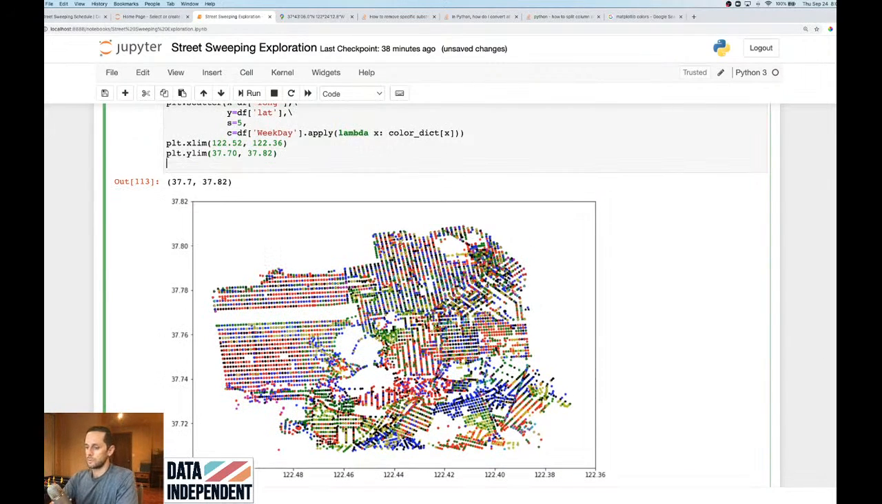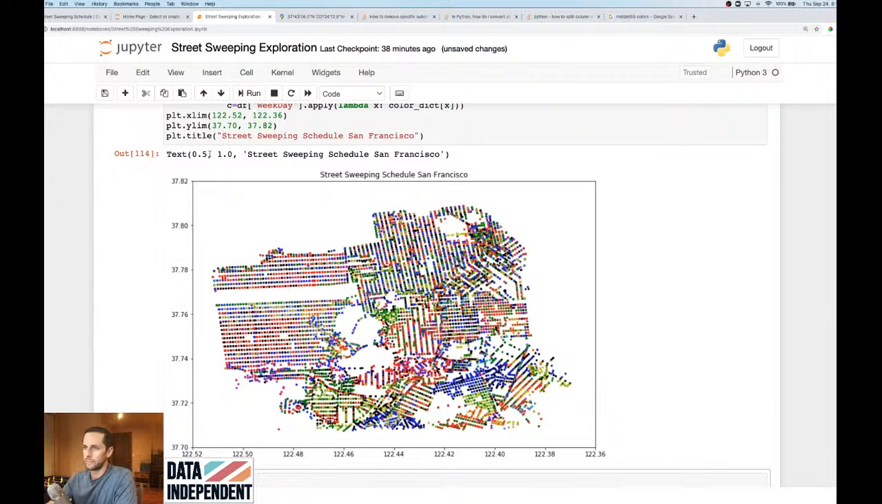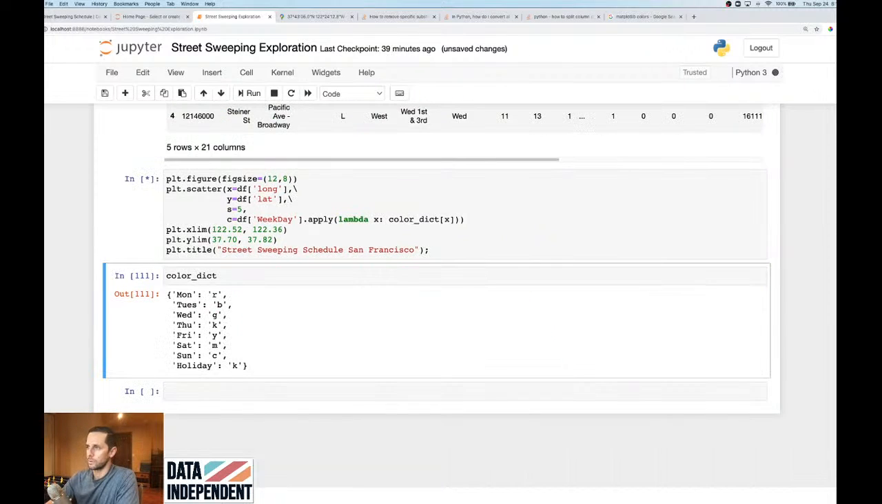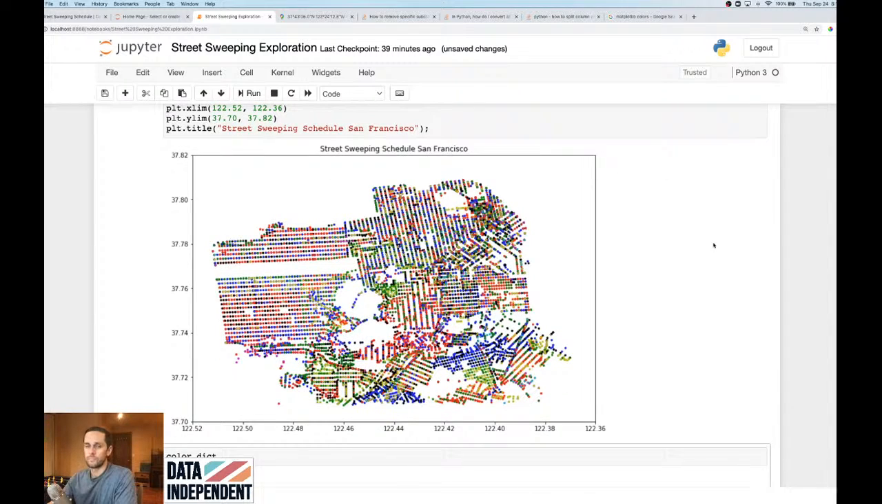Cool. So last thing that we'll do is we'll put a title on this guy and we'll say street sweeping schedule, SF, San Francisco in the title. And a pro tip, if you want to get rid of this extra thing, just put a semicolon at the end of your last plot statement and it'll go away. And there you go. So that's how we make a scatter plot. We did a bunch of funky different pandas things in there, some string parsing, and yeah,